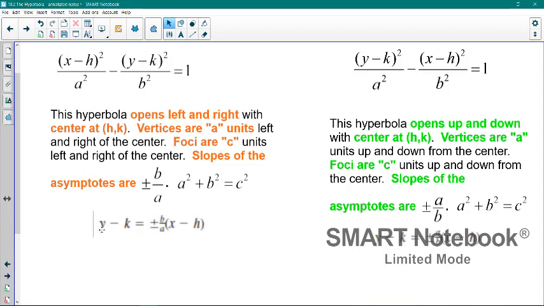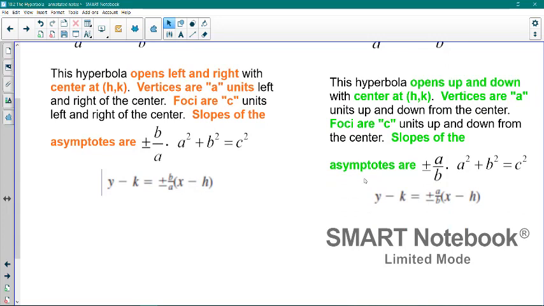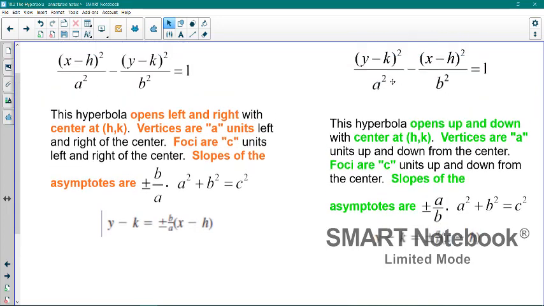And if you ever had to write the equation of the asymptotes, I would suggest using point-slope form. That's what you see here, with the point being the center, because the asymptotes always pass through the center. So y minus the y part of the center equals the slope of the asymptotes times x minus the x part of the center. This information is very, very similar when it comes to the hyperbola opening up and down,